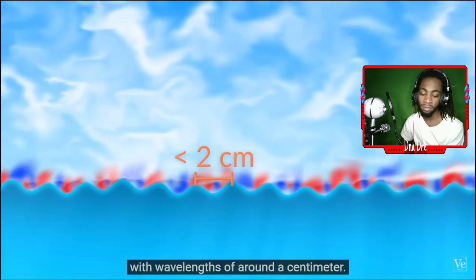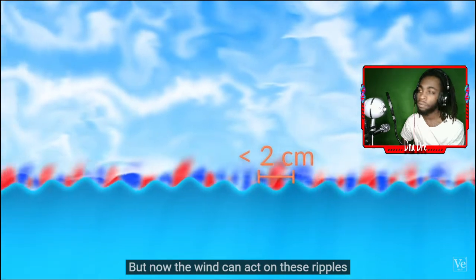Ripples with wavelengths around a centimeter. But now the wind can act on these ripples, creating larger pressure differences between the front and the top